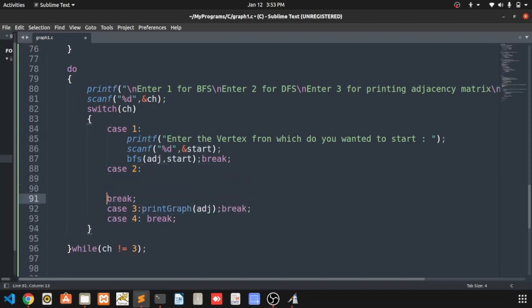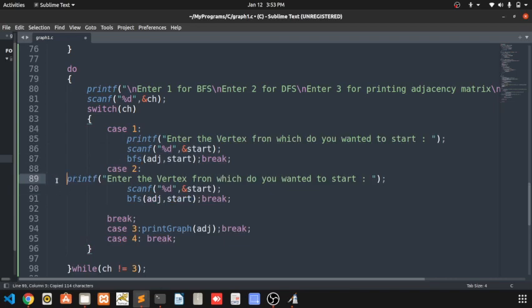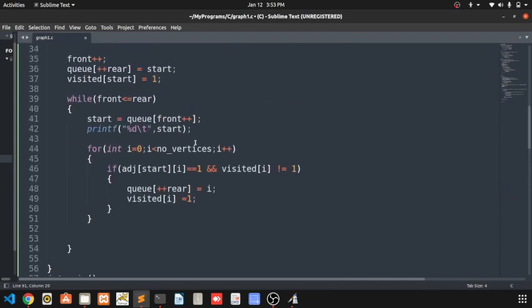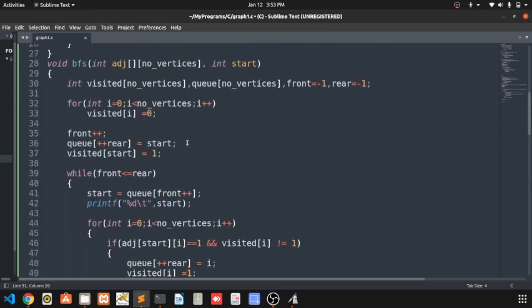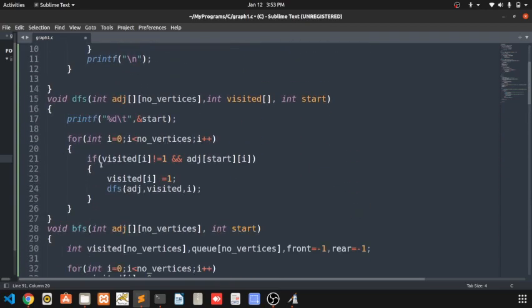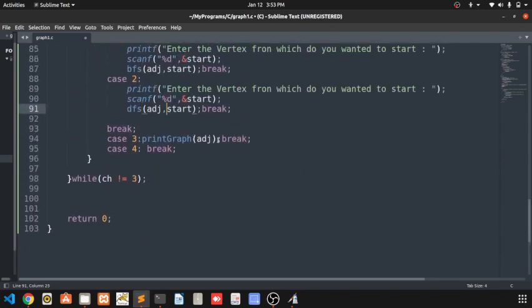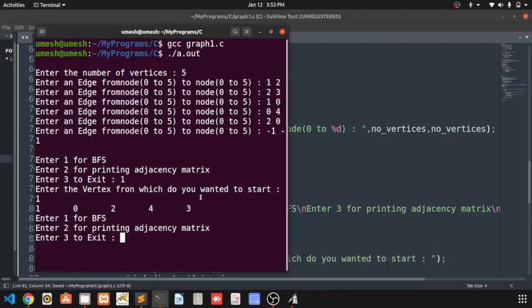For DFS I also need to know from which node I wanted to start. I am using the same variable start as it will take the new value. For DFS there is one more argument, the visited array, so I want to pass visited here. I think it should work fine.